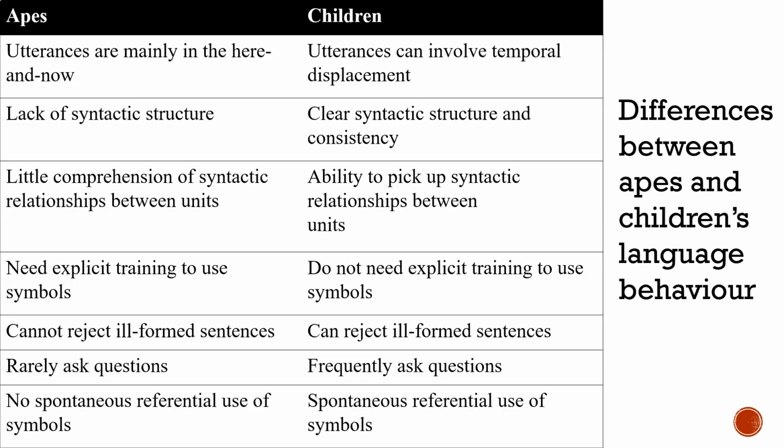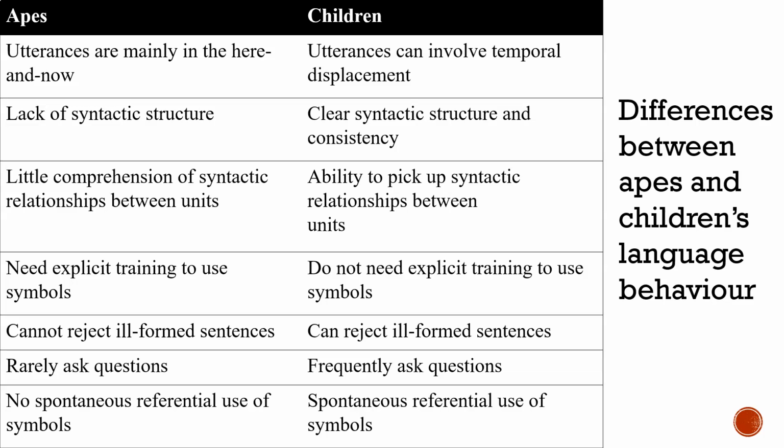And then apes, of course, lack syntactic structure. When they want, let's say, a banana, they will say "banana, banana." That's just a noun. Children might have that one-word phase, but only for a few months, maybe up till 2-3 years old, when they start developing a clear syntactic structure and certain consistency in their utterances. So they would say, "I want banana." Or Malay children would use their first name. Like my daughter, her name is Asha, so she said, "Asha wants banana, Asha nak pisang." So there's a complete syntactic structure.